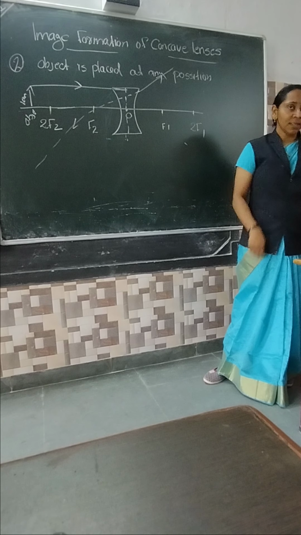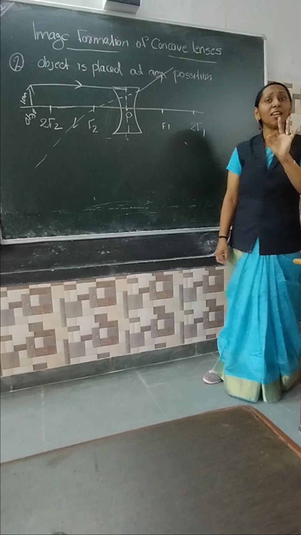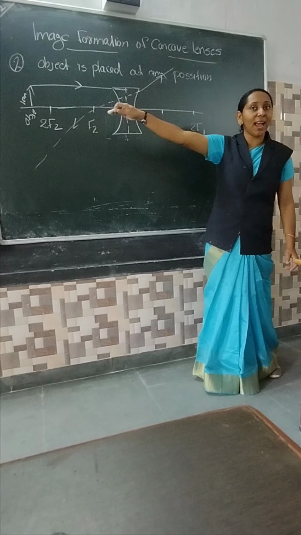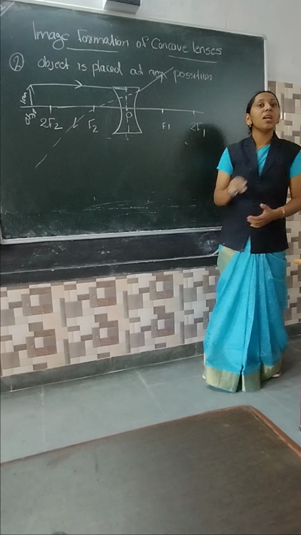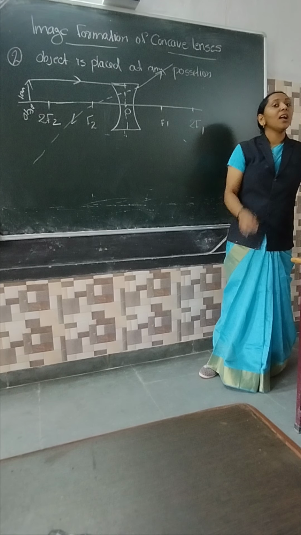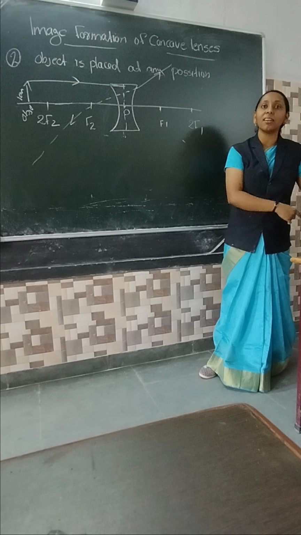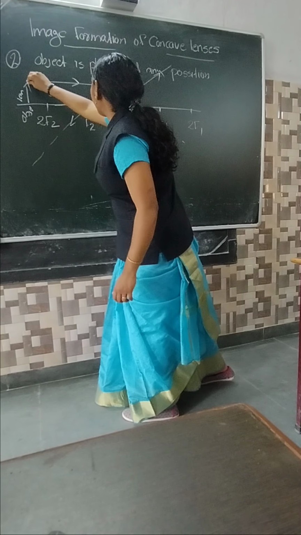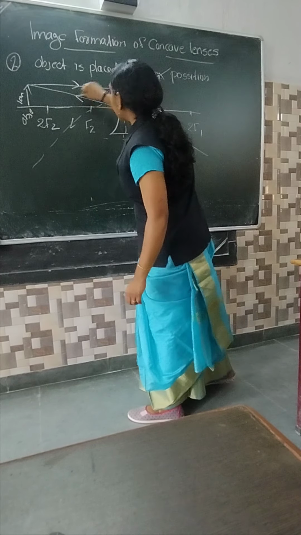Second one, I am using rule number 3. This is a little more easy. With rule number 1, we have to extend here, then take the parallel line. So it is easy for you; that's the reason I am discussing one more here. What is rule number 3? The ray will pass through the optical center. Very good. The ray passing through the optical center, after refraction, goes back into the same medium. The ray starts from here, passes through the optical center, and continues in the same direction.